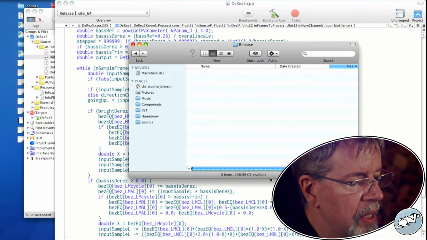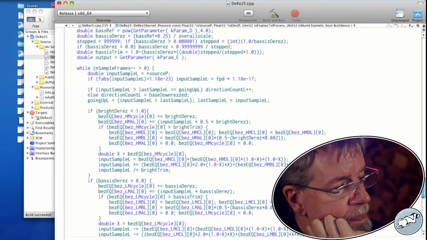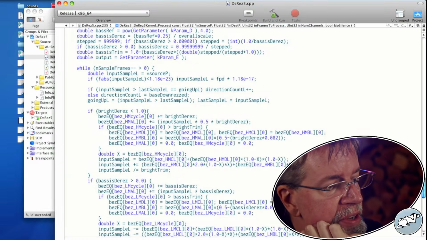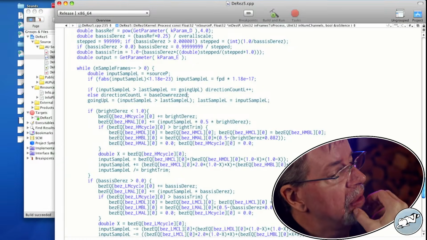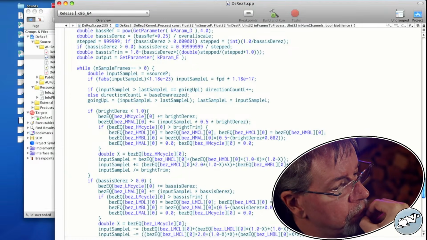So, what can we further do with this to make it do something interesting? So direction count L equals bass downresed. That needs to be a separate thing.